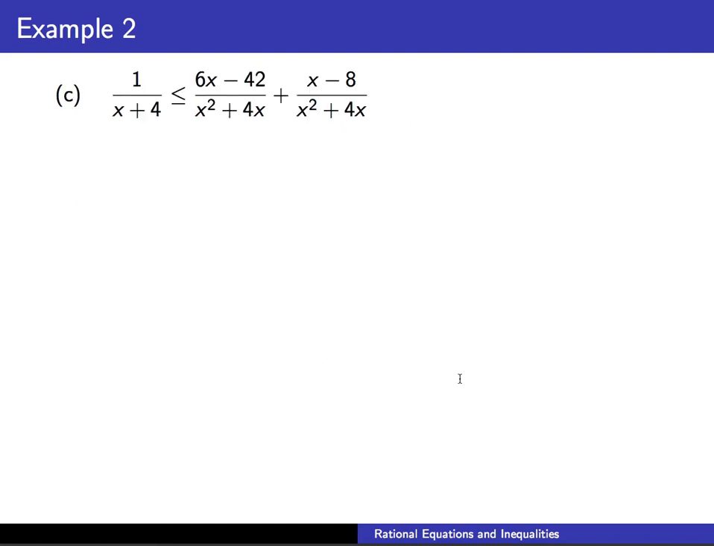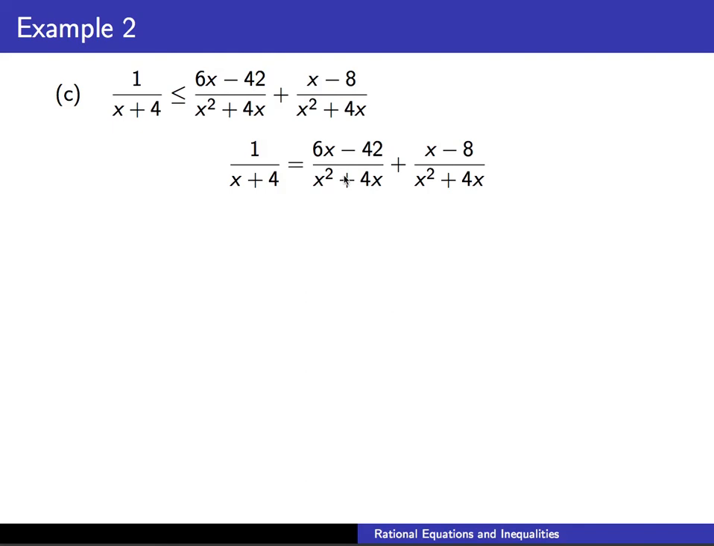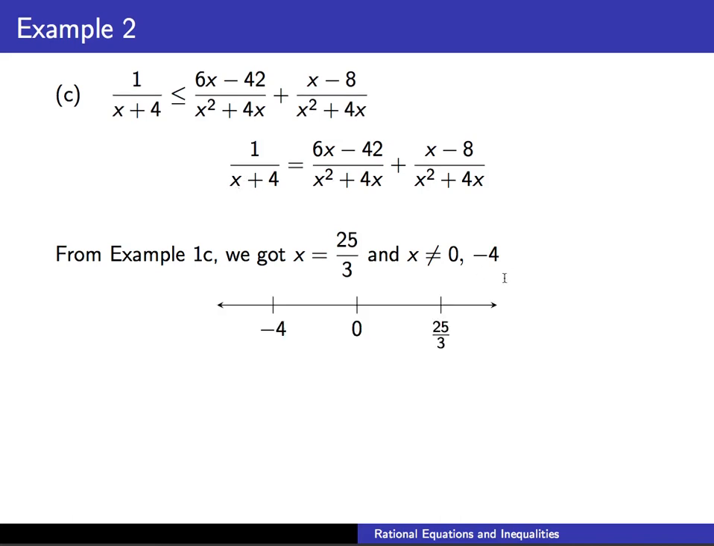Part C, we have 1 over x plus 4 less than or equal to 6x minus 42 over x squared plus 4x, plus x minus 8, all over x squared plus 4x. So treat it like an equation, and this goes back to example 1c. We got x equals 25/3 as the solution to the equation. And then the values of x that we were not allowed to have were 0 and -4. So setting up our number line,